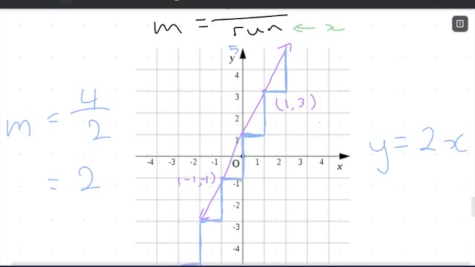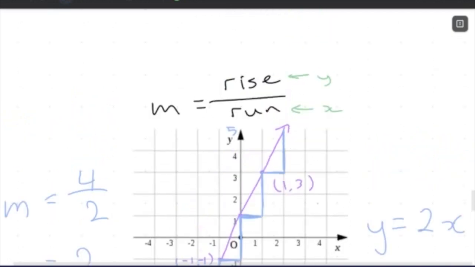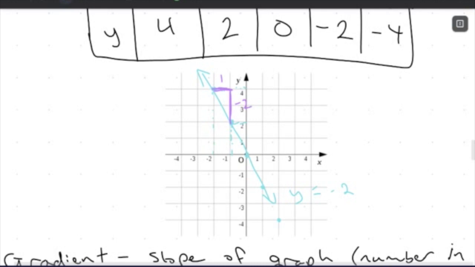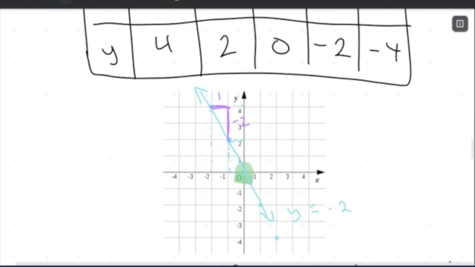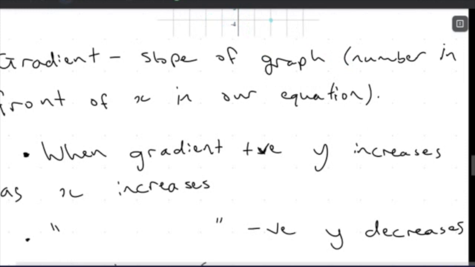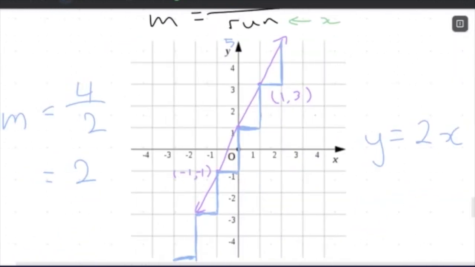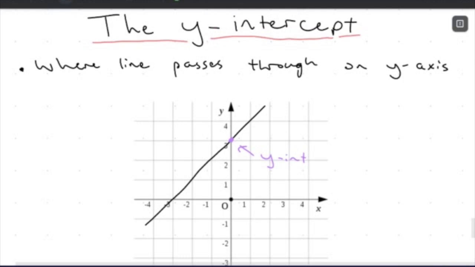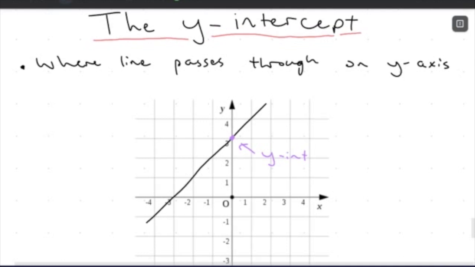Now, that's curious because this line is different to this one here. This one passed through 0. This one also passed through 0. But not every line has to pass through this origin, this 0, 0 point. We can actually pass through anywhere on the y and anywhere in the x as well, but we'll talk about that a little bit later. Now, looking at this,